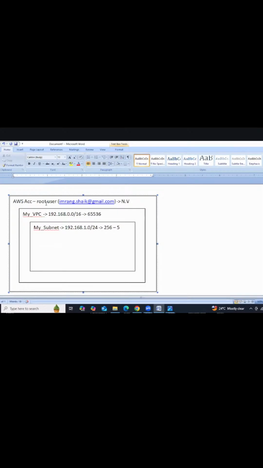So this is the subnet, guys. First step, log in to your AWS account. Second step, navigate to VPC and create the VPC with the help of one CIDR. If you use /16, this VPC has a capacity of 65,536. The same way you can create one more subnet, and from the 65,536 we again get 256. I hope you're clear, guys. This is the subnet CIDR block, 192.1.0/24. 24 means 256 combinations, and from that we need to do -5: one is the network ID, another the route table, another DNS, then future purpose, and broadcast. Clear, guys?